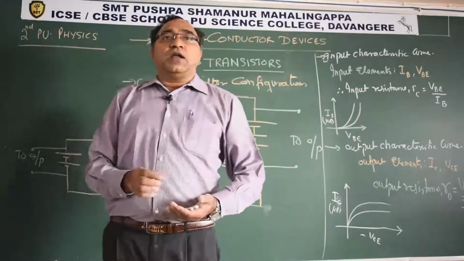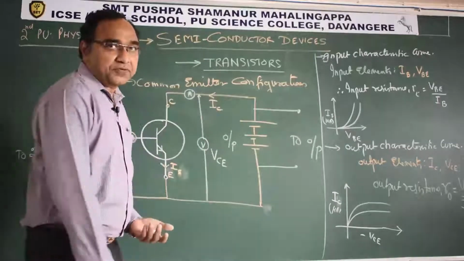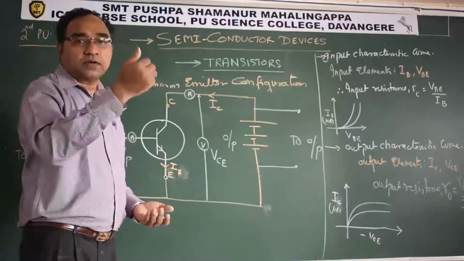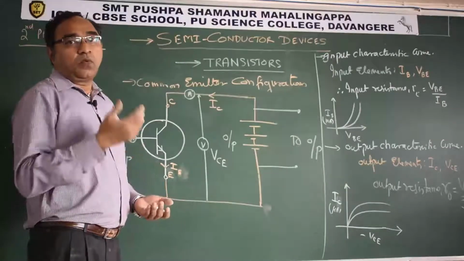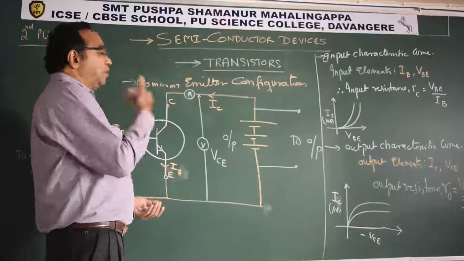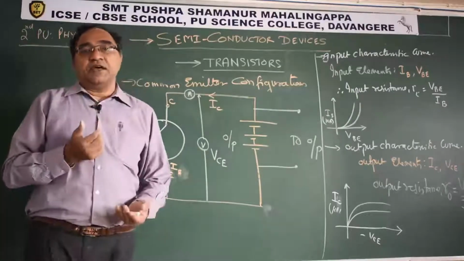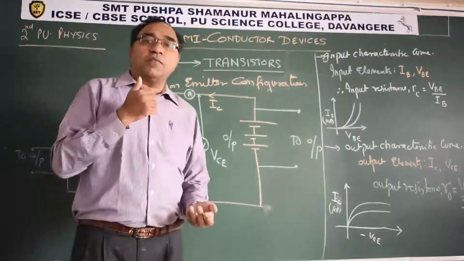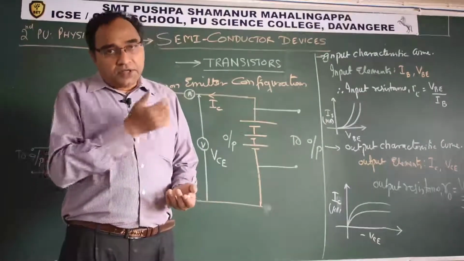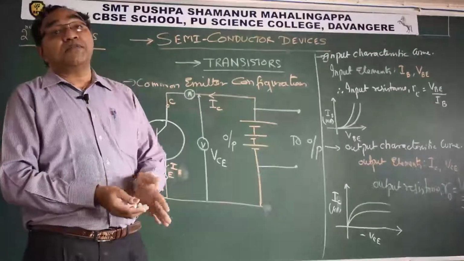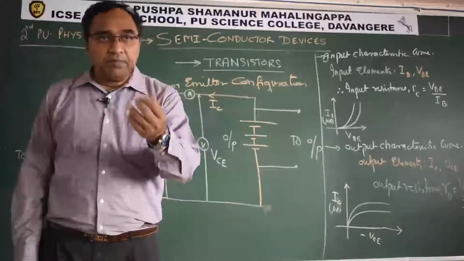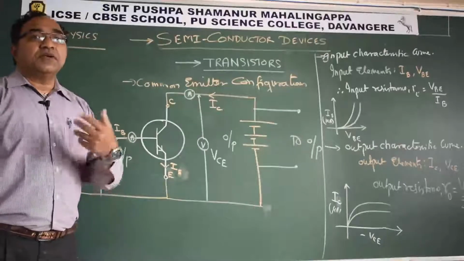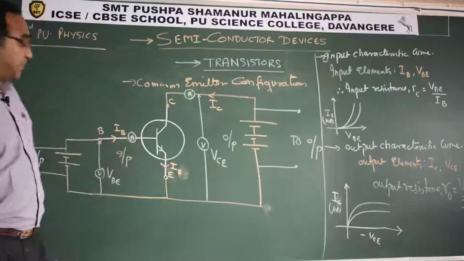So these two remain the same. There is no difference. We have output resistance, what we had in the case of the common base circuit. The same output characteristic we have here, but the elements are different. What we had for the common base circuit's input characteristic curve, here also we have the same thing. The difference is only in the elements. Till here it is the same. The difference lies in the transfer characteristic.